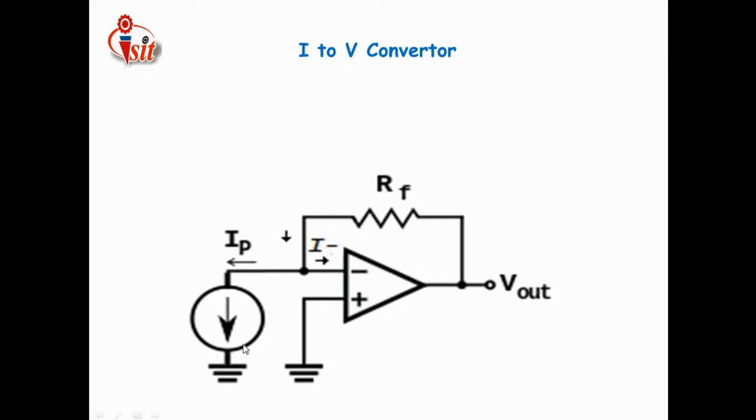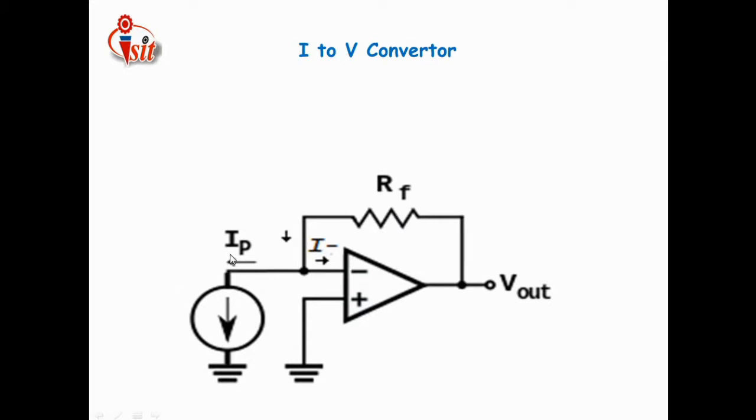Just see here what the basic change is in our simple op-amp. Instead of connecting a voltage input, the current is connected as an input to the negative terminal of the op-amp, which is called the inverting terminal, and the feedback is also given towards that negative terminal. This feedback is called negative feedback, and the negative feedback resistor is named RF. RF is nothing but the resistive feedback.